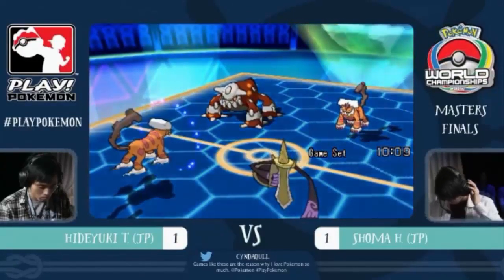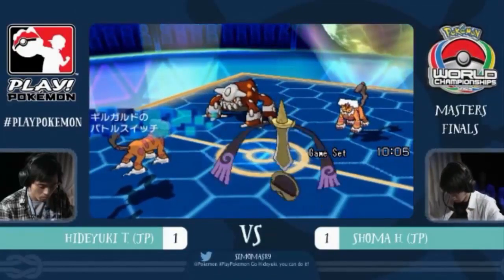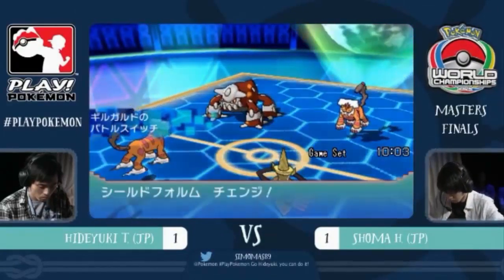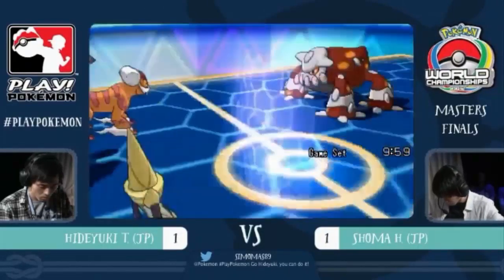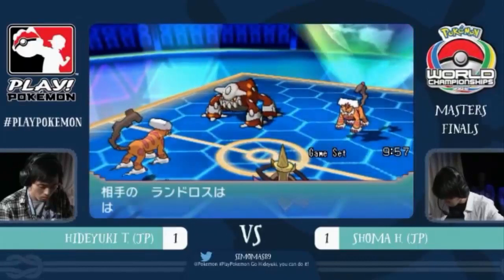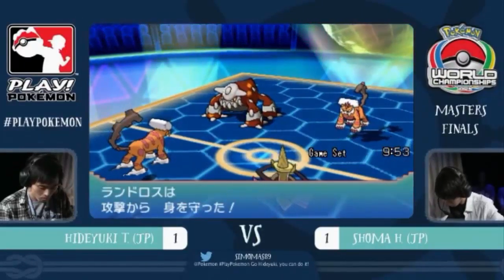And it does look like it's actually a protect on Hideyuki's Landorus here. Aegis Slash maybe going King Shield as well, so essentially a double protect here. There will be no damage taken for Hideyuki on this turn unless someone's got access to a move that I don't know about. So let's see what we get from Shoma here, who's looking to hit both these Pokemon, but